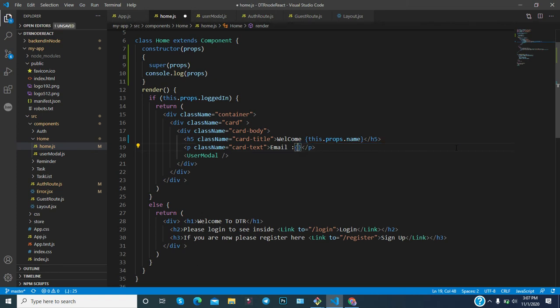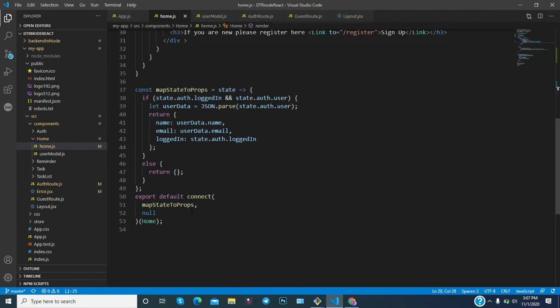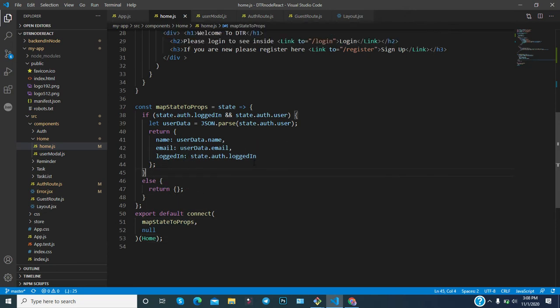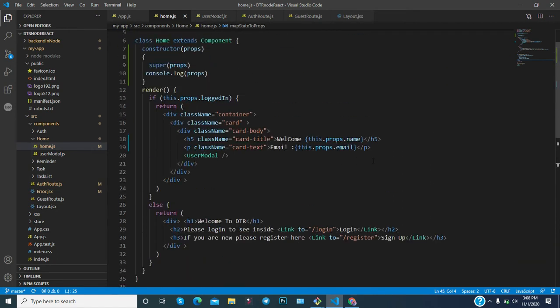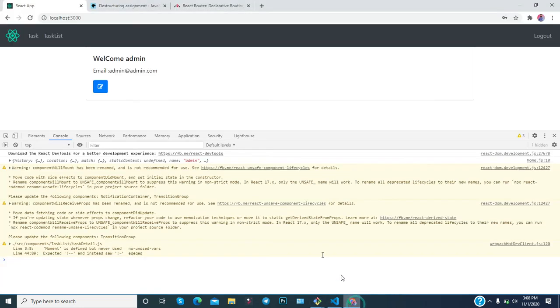Why did you get all this information? Because here in the props you have used Redux. I have used Redux here. Since this is the global object, and in this global state we have already provided the details of the user after the login, you can collect them from there as well. That's why it is like that. It still works, you can see it is working perfectly fine.